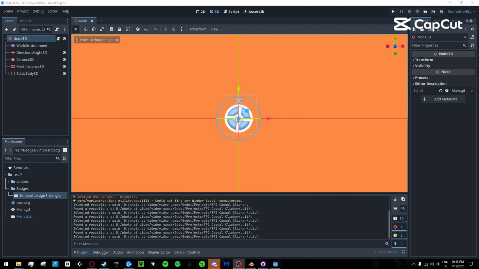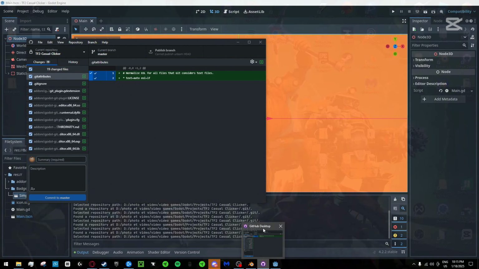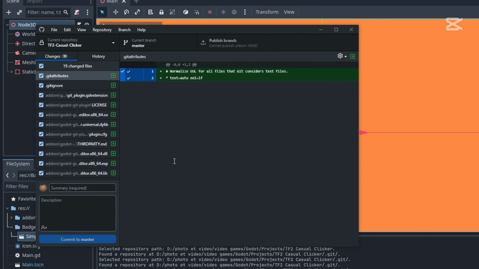So today I'm going to show you how to set up a Git repository on Godot. I'm going to use GitHub Desktop. The link to download is in the description, and I don't understand it that well. It's just I had trouble finding out how to actually do it, so I'm going to tell you so it's